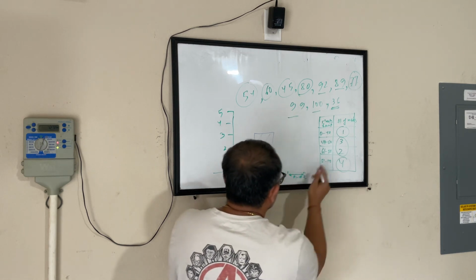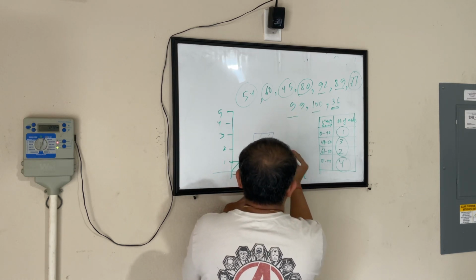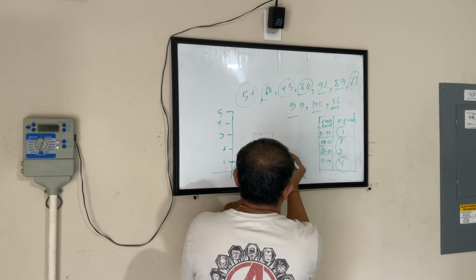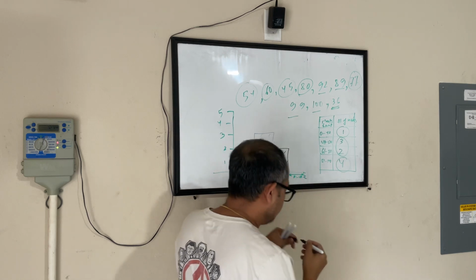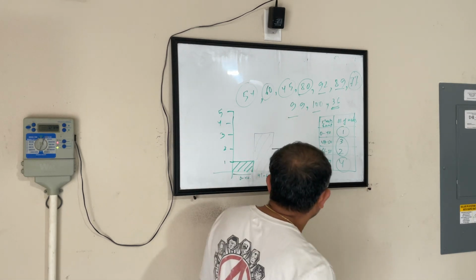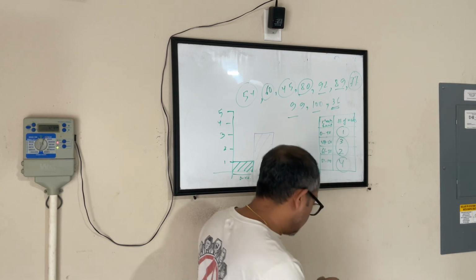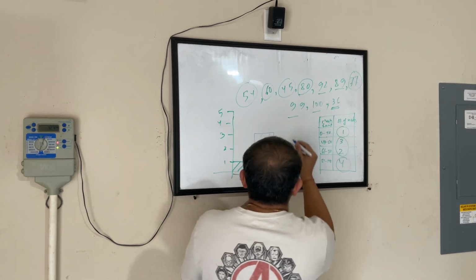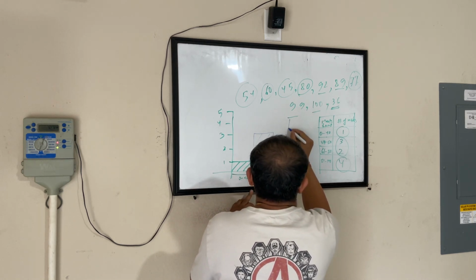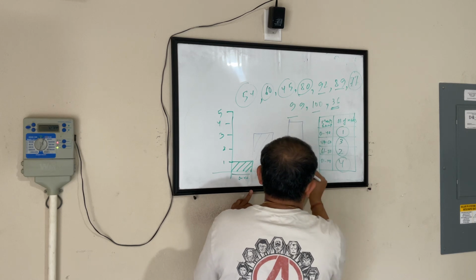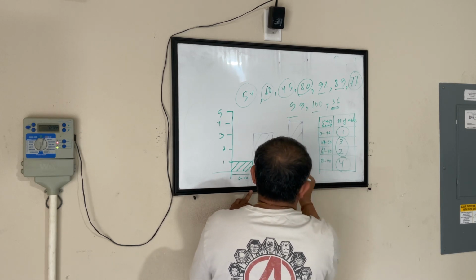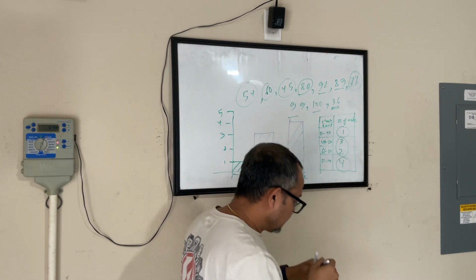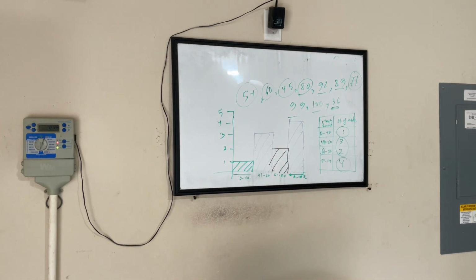Now 61 to 80, 2 kids. And then 81 to 100, 4 kids. Let's say this is also below. So what you are observing here is that